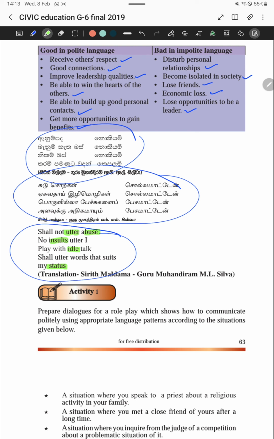Okay. So as a student, you can do this activity number 1. If you are able to do it, you can send it to me through my email. I have put my email under this video, in the description of my YouTube channel. If you are highly attentive to me, you can do your activity and send the PDF copy or photos through the email, and I can correct them and send them back to you as your guide, right? Okay, let's move to the